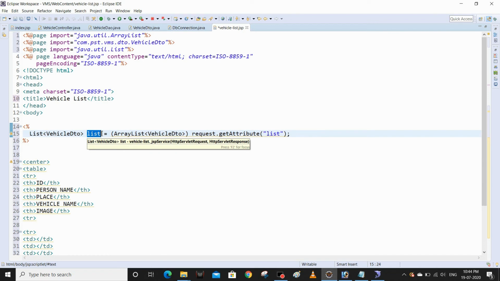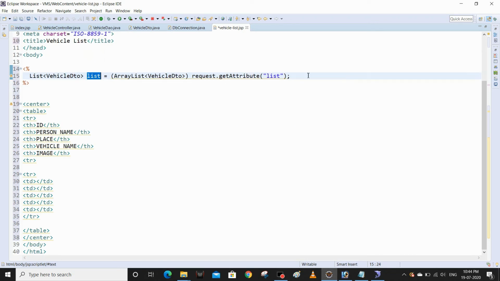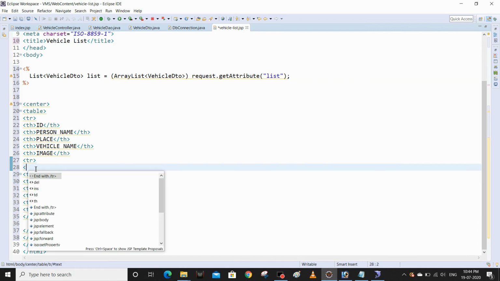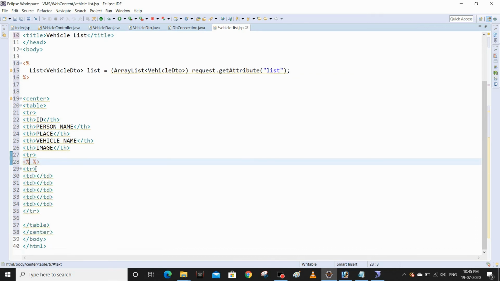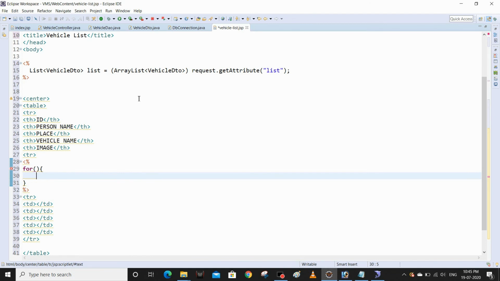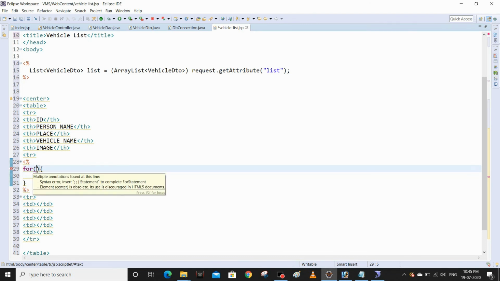Now I'm going to iterate this list by using a for loop. Where can I do that? Table tr. This is the multiple row, right? Here I'm going to iterate. I need to get all the list, so I'm using a for each loop.